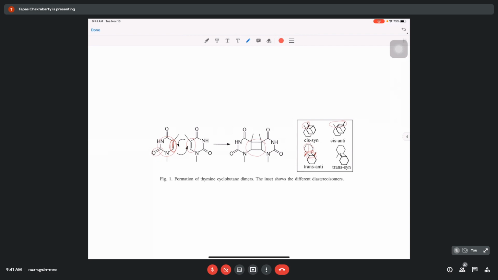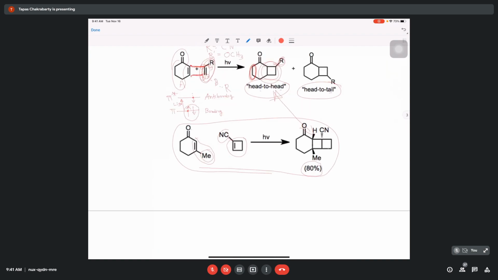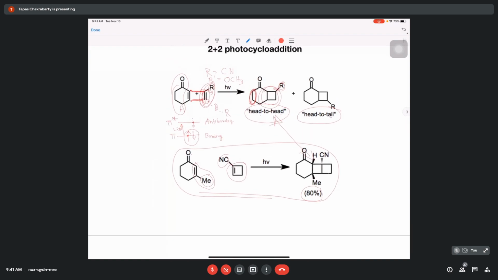Sir, can you explain how you identify whether it is a head or a tail type reaction, in some previous slide? Like this one. Yes, sir, head-to-head and head-to-tail interaction. Okay, actually, see, nuclear magnetic resonance spectroscopy, and other versions of this spectroscopy. Was it covered in the last semester? NMR?